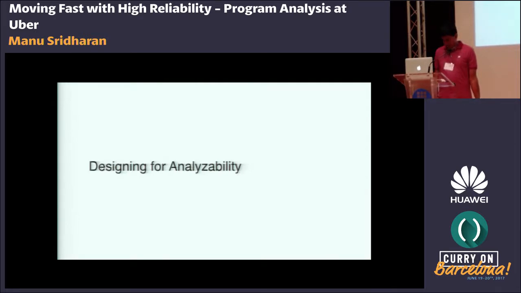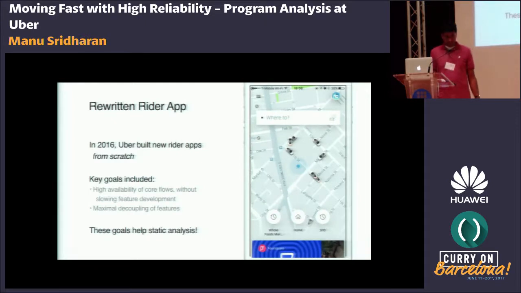And here, as a key example, we're going to focus in on the Rider app. So in 2016, Uber completely rebuilt its Rider apps from scratch, right? And apps is plural because we've got pretty separate code bases for iOS and Android. So this is a pretty ambitious task, and it was a success. And one of the key reasons was because of some new architectural designs that some of the core platform engineers put into use for these apps.